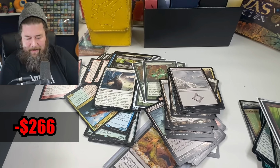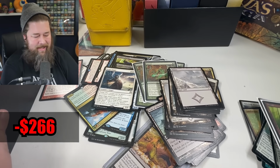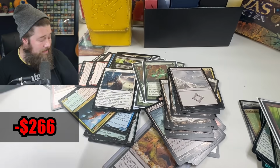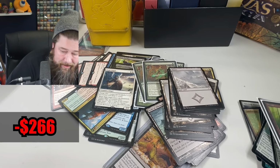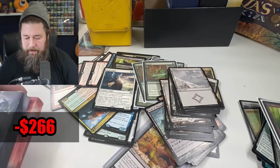And now we ended up with a fat pack box that I guess we pulled a few wastes out of, and some artifact lands, but essentially just all random basics. Also not good. Still saving you for the end. All right, let's dig into